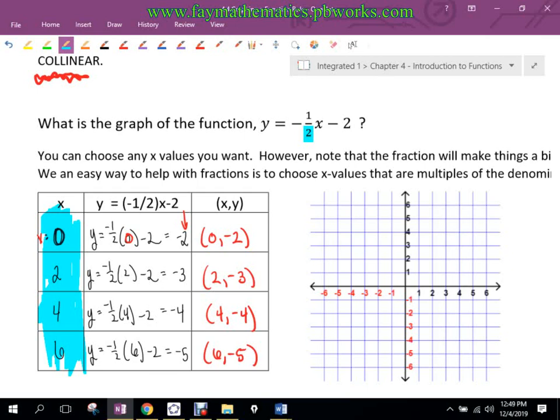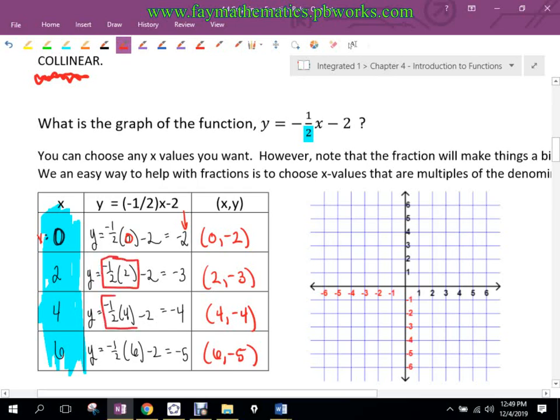Well, then why do I choose 2? Why do I choose 4? Why do I choose 6? Okay, so when I look at 2, I look at 4, or I look at 6, 2 is a factor of all those. Or we can say that 2, 4, and 6 are multiples of that 2, okay? Why is that interesting to us? Because right here,